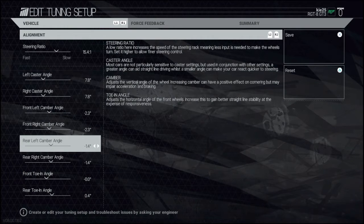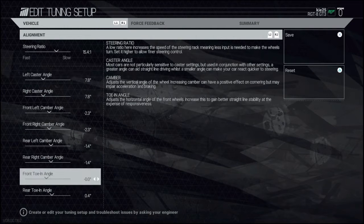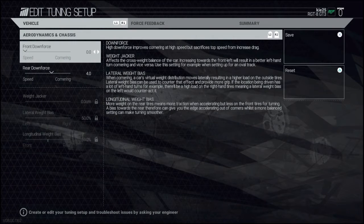Camber angles, there you go, 2.3 and 1.4. It's quite a normal setting that for a track like Silverstone, I'd say, what I normally do. Downforce 0.4, did try 0.2, although I think it may have been faster in a qualifying setting, possibly. 0.4 for the